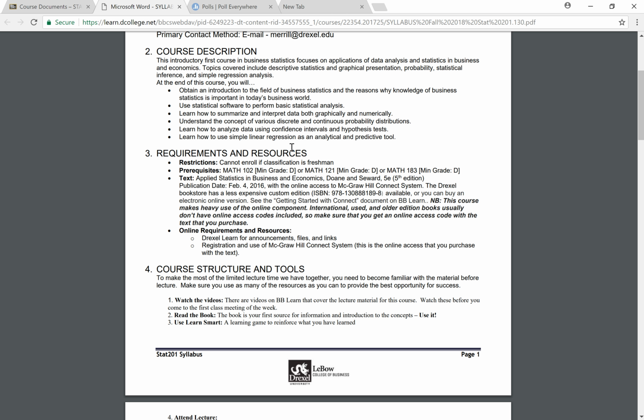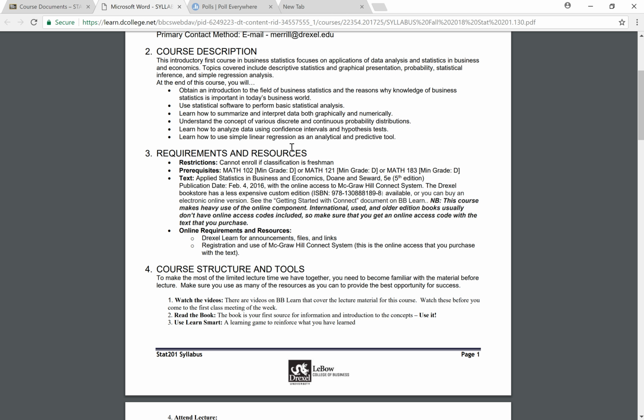So if you ask me a question in class, I will show you how to do it both ways. I'll actually write it out. Here's the functions that you need to plug numbers into, and then we'll go to Excel and actually do it the quick way. If you have a calculator, you're going to need it. If you don't have one, you need to borrow one or buy one. Cell phones aren't going to work on the exams.